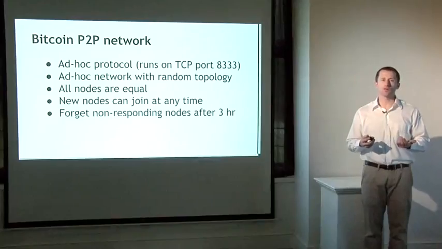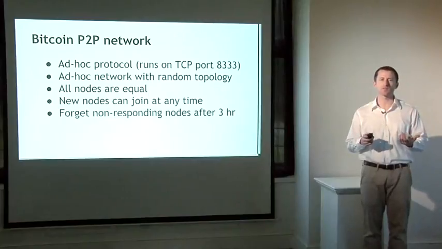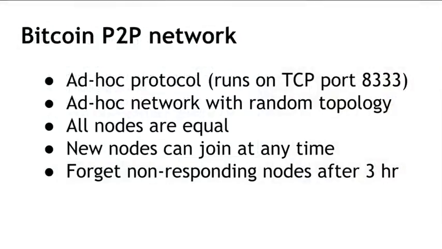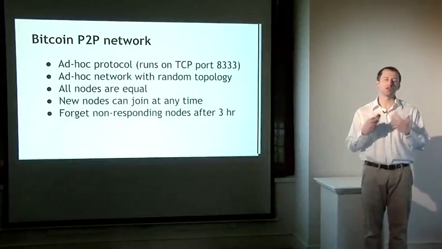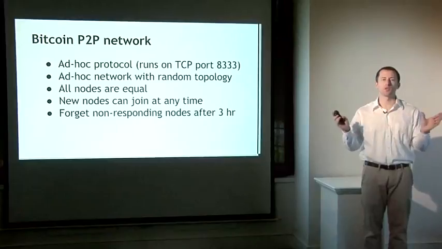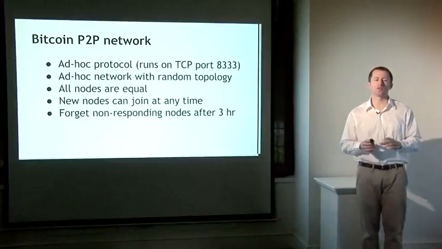It's a peer-to-peer network, so it inherits a lot of ideas from peer-to-peer networks that have been proposed for all sorts of other purposes. It's a peer-to-peer network where all nodes are equal. There's no hierarchy, there's no centralized special nodes, no master nodes. Every node on Bitcoin is an equal peer. It runs over TCP, it has a random topology, so random nodes are paired with random other nodes. And new nodes can come at any time. So you can download the Bitcoin client today, you can spin your computer up as a node, and you'll be a participating Bitcoin node with equal rights and capabilities as every other node on the Bitcoin network.